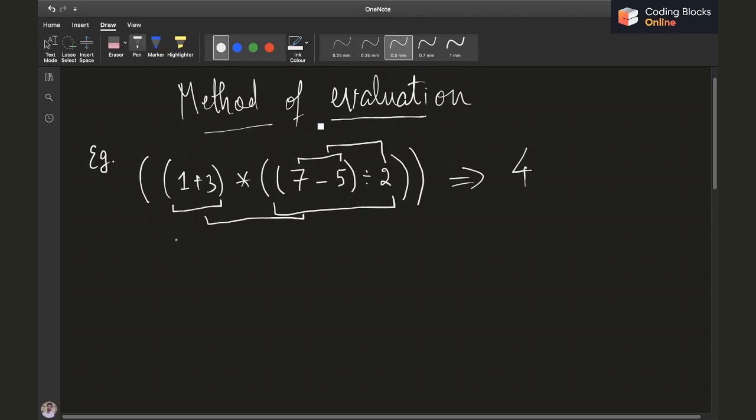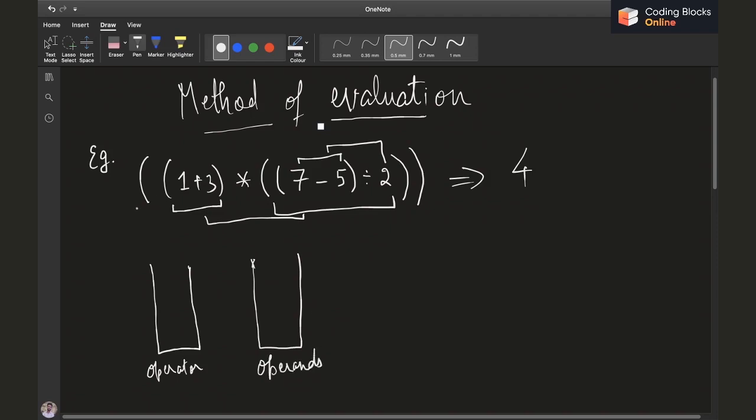What we can do is, in the Boolean expression or in the normal expression that is given in the question, we can maintain two stacks. One will be a character stack, which will tell us the operators, sorry, the operator stack, and one will be, let's say, our stack of integers in this case, which will contain the operands, right?